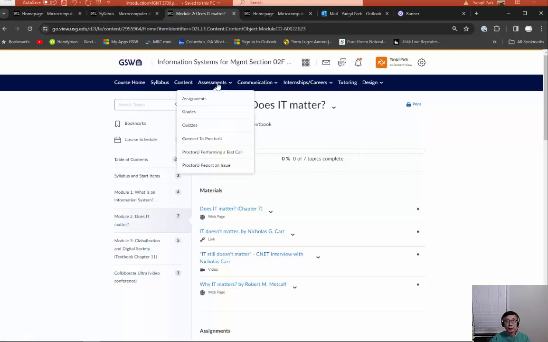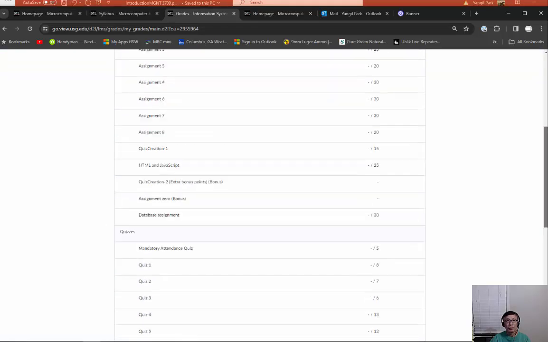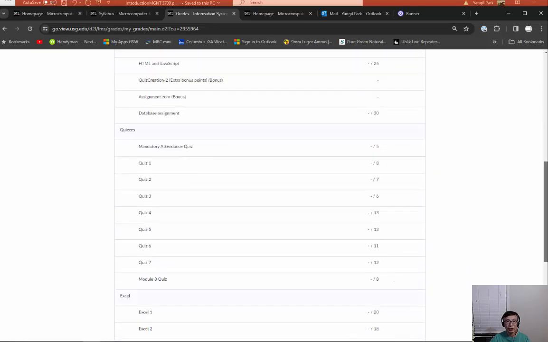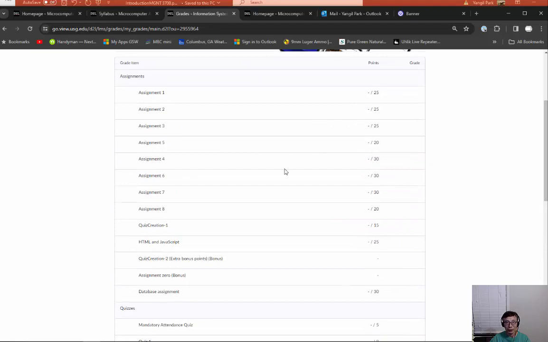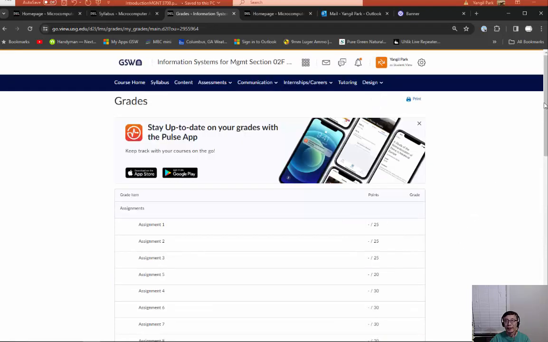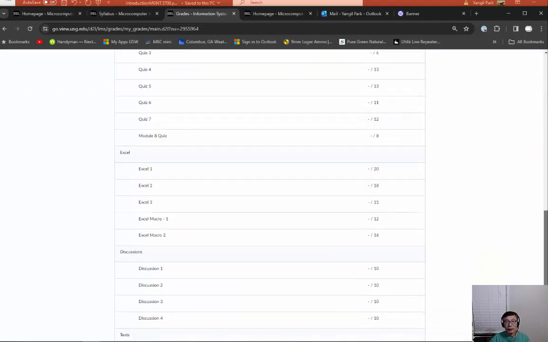Then if you click assessment, you can directly go to each section, which is assignments, so that you can see each individual assignment. You can go to the grades section so that you can take a look at what you're making so far. But I just turned on everything here, so as a default you'll see nothing because we haven't done anything. Okay,